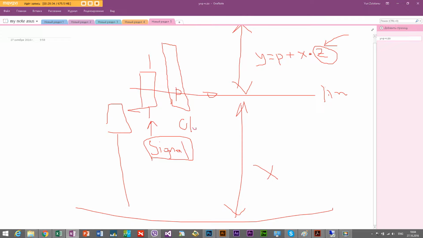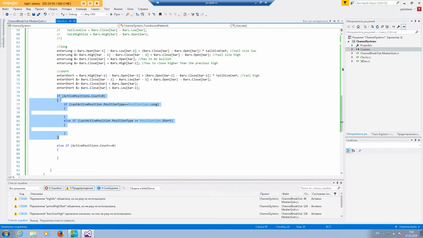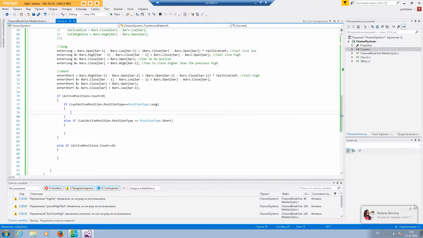So on close, Wealth Lab will see if we have entered the position or not, and it's going to see this price, and only on this bar it will be able to set the stop, right? So when this bar closes, we are right here because we have active position count more than 0, so we have entered. So if we have entered long,